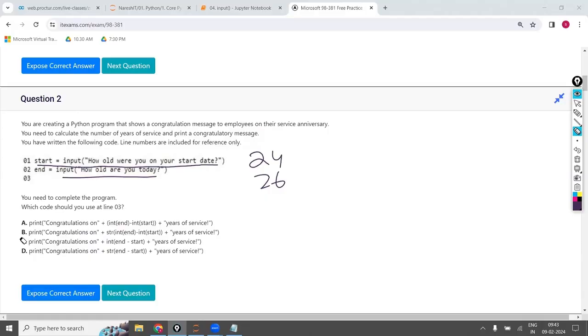Write in your notes which is the right option. A, B, C, D. Which letter do you feel is the right option? Write that letter in the notes. Done? Completed? Now, my answer is first, "Congratulations on"